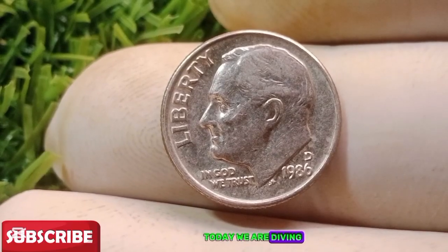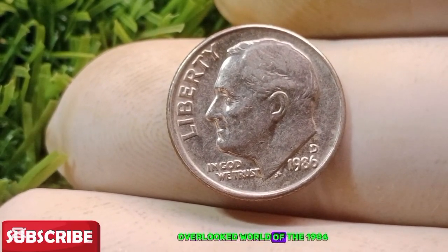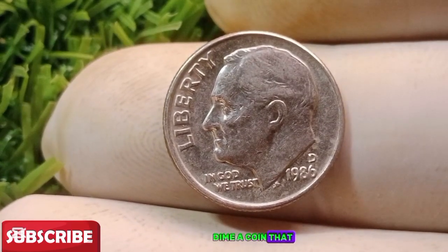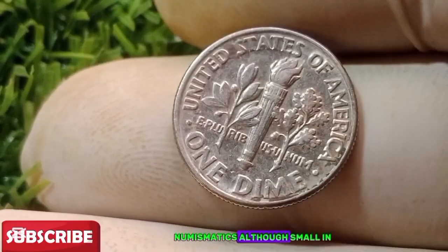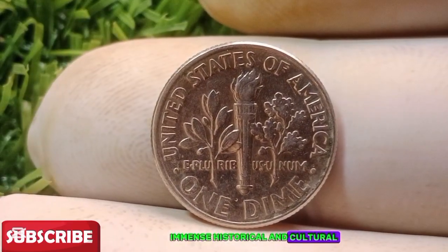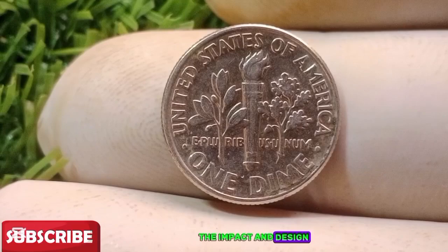Today, we are diving deep into the fascinating and often overlooked world of the 1986 Roosevelt dime, a coin that carries a rich history and reflects the enduring legacy of American numismatics. Although small in size, the dime holds immense historical and cultural value, especially when considering the impact and design evolution